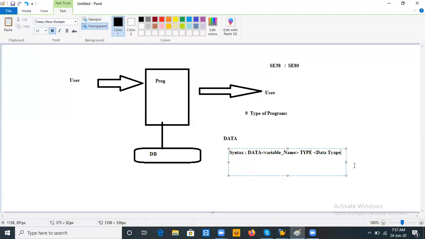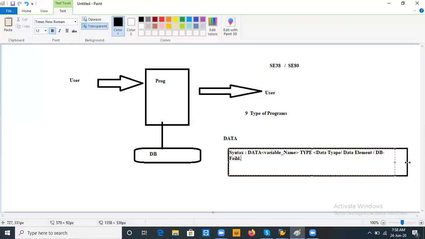If you want to use a data type it will accept, and even a data element. With the help of a data element also we can generate variables, and even a database table hyphen field, table-field, also we can use.